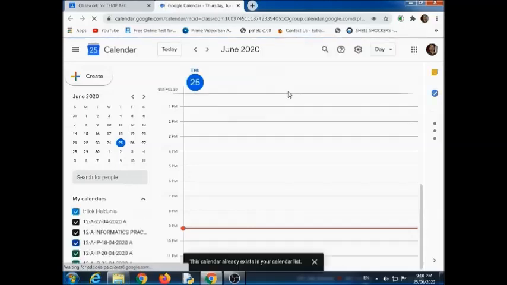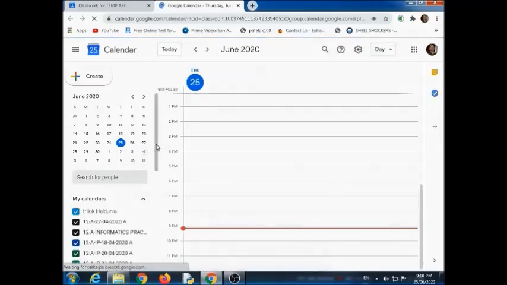So now you can see that this is the Google Calendar. On the left side you would find the calendar, and on the right side you would find the time slots given for the purpose. Now it is showing the current time. If you want to set up the Google Meet video conferencing for your class, I would suggest that you start setting this up just before the start of the online class. For safety purposes, we should not create it before. So immediately you create and use it.